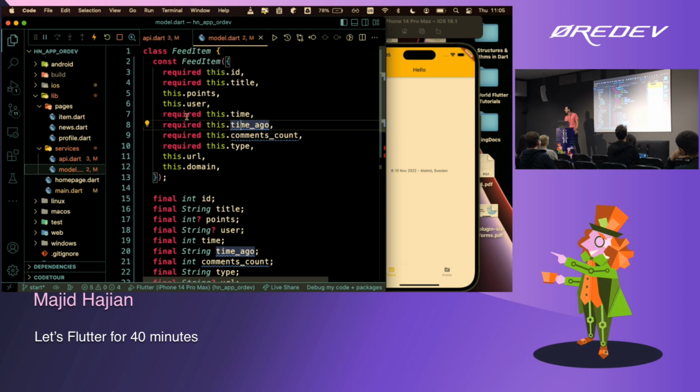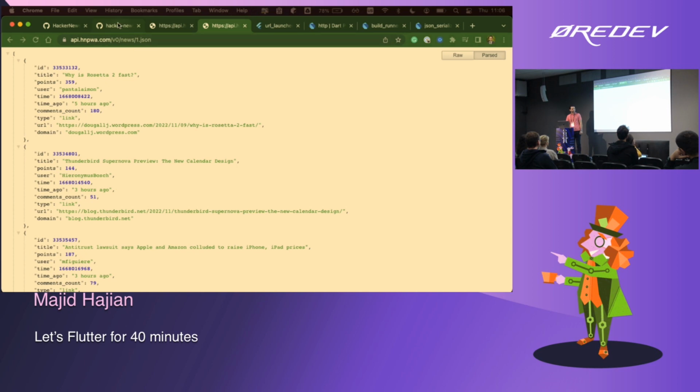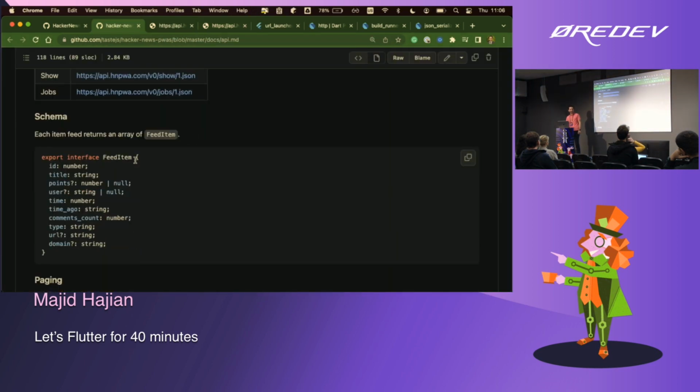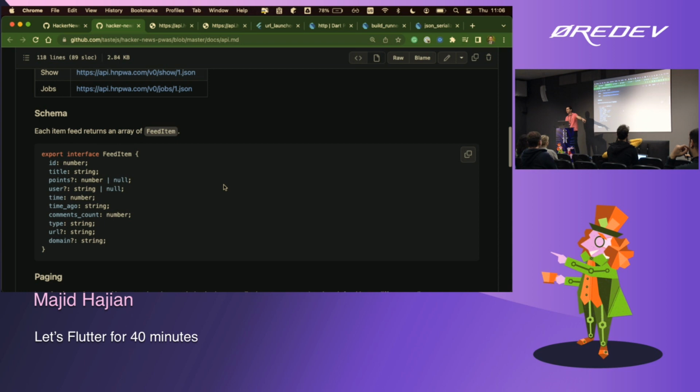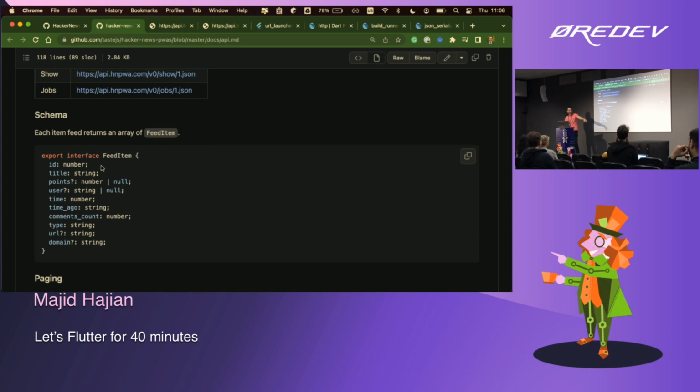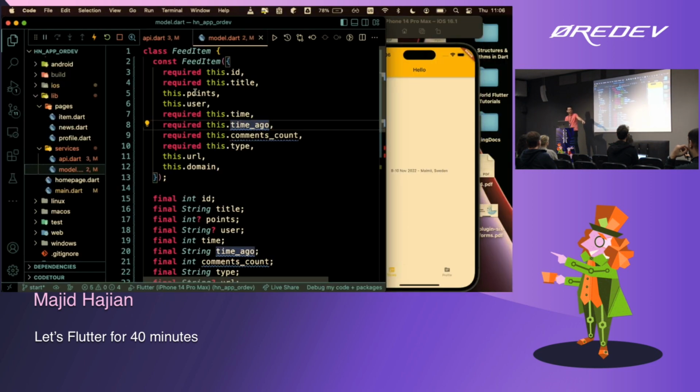Some of them are required because you can't really have them null. And that's ID and title. How do I know these are required? In fact, in this documentation, there was already a TypeScript class. I'm turning that interface, that probably is now familiar to TypeScript developers, into a Dart object. So I'm saying this is a number, and this is telling me that ID cannot be null. Therefore, here I say this is going to be an integer. Number in Dart will be integer.